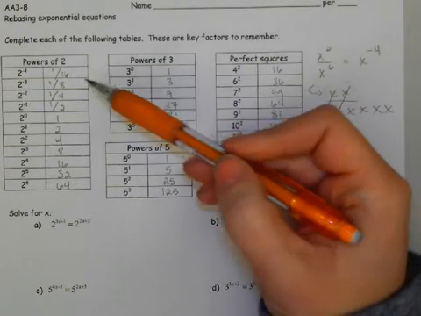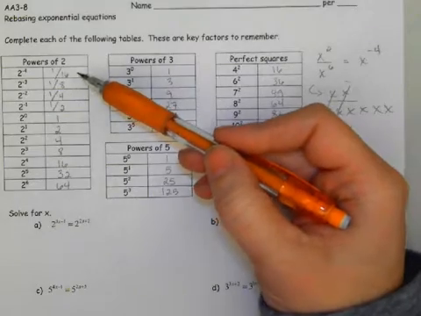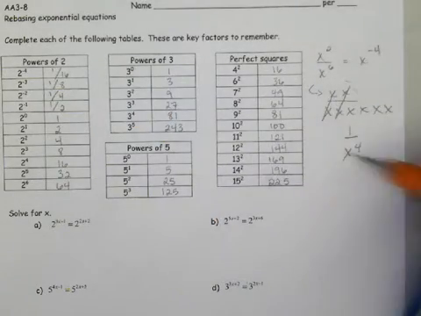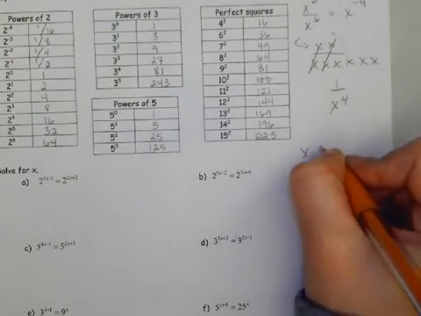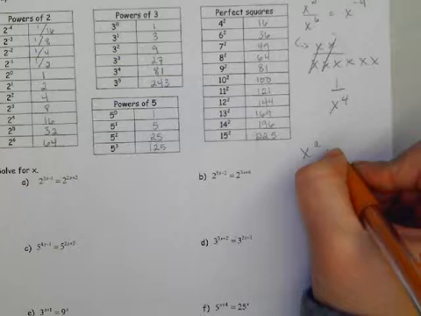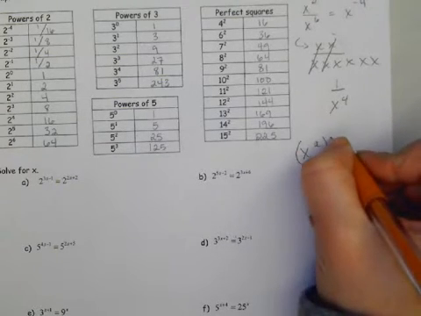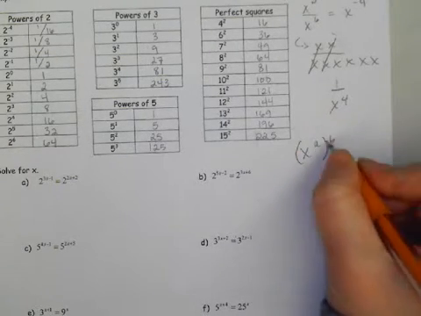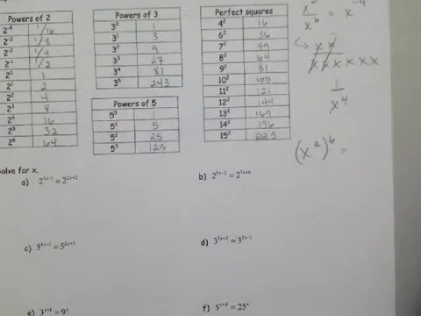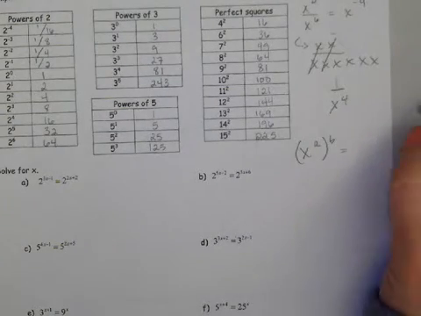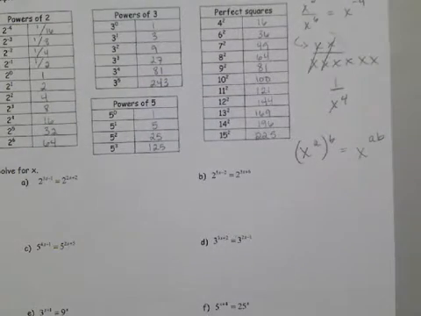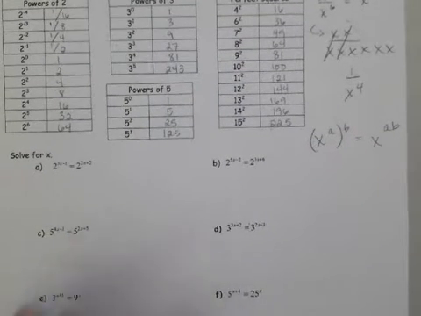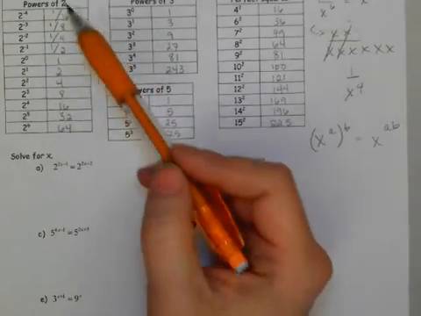The other part you need to make sure you understand is if I have x to the a to the power of b, what do I do when I have a power to another power? What do I do with those exponents? Multiply them. So that's x to the a times b. So that's another thing you're going to need to know as we go through this process. The reason I had you write all these down is because this is going to serve as a basis for a way to rewrite things. Basically, you're going to be taking some numbers and changing them back to an exponent so that you can work with